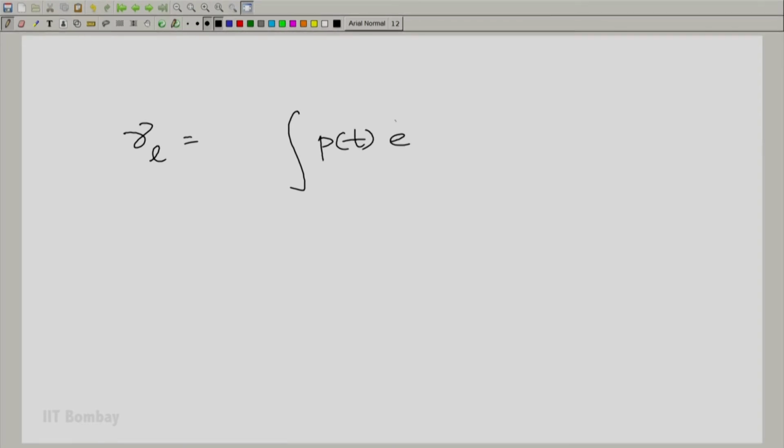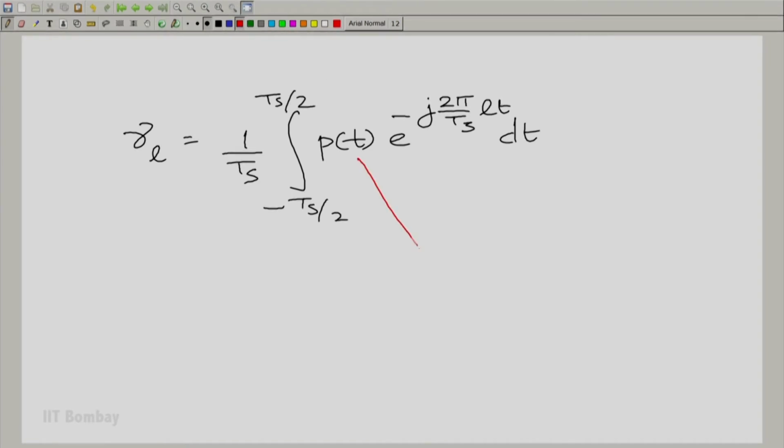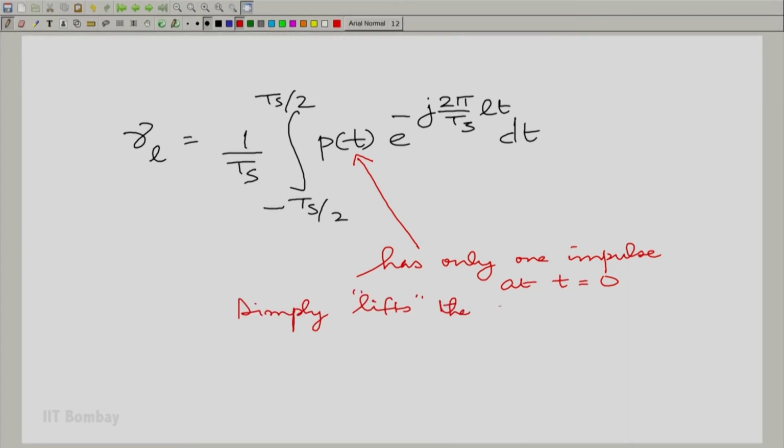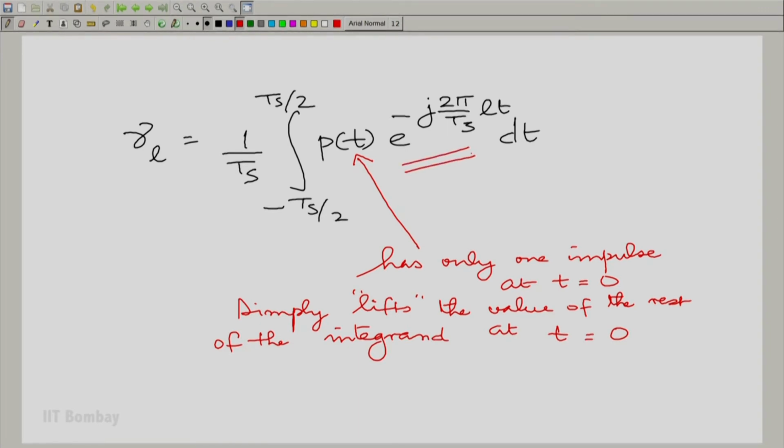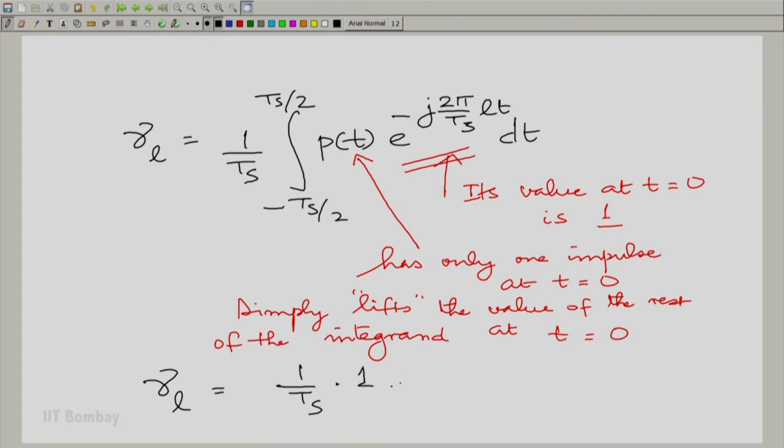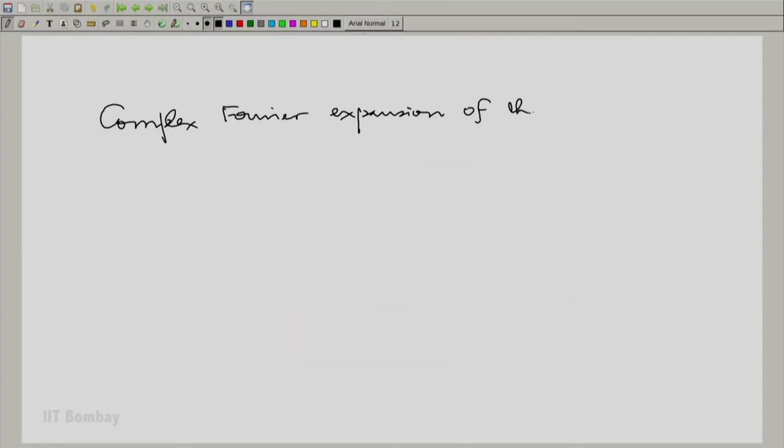That is easy. Multiply Pt by the complex conjugate of the orthogonal function, and now remember Pt has only one impulse. This impulse simply lifts the value of the rest of the integrand. And what is the value of the rest of the integrand? Its value is simply 1, and therefore, gamma L becomes 1 by Ts into 1. So simple. And therefore, the complex Fourier expansion becomes,